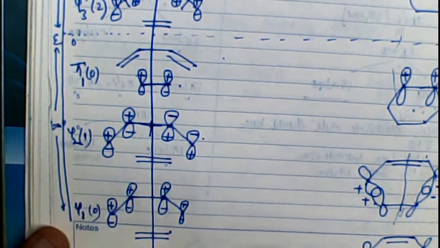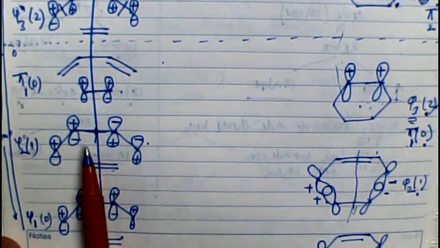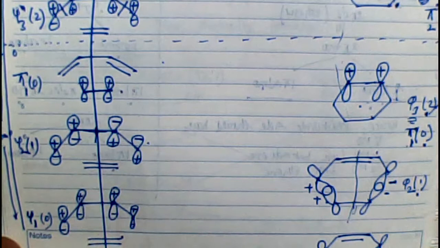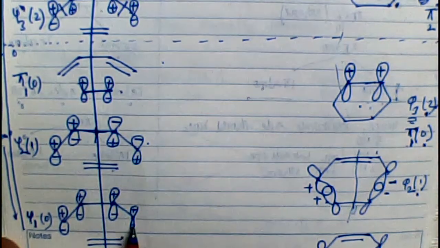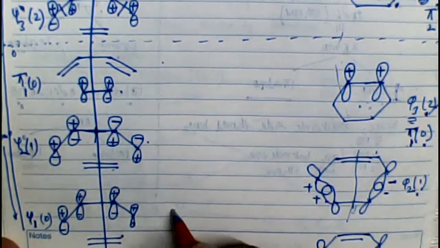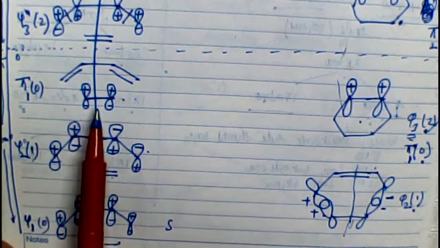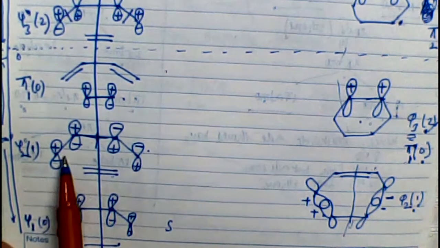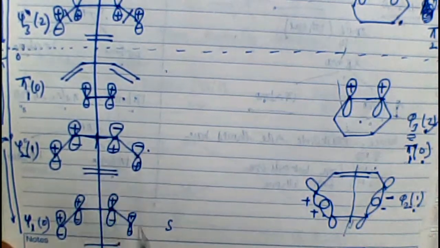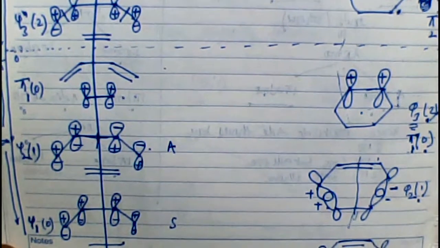In the case of butadiene, you have this mirror plane. If you pass a mirror plane like this, positive is encountering positive, this positive is encountering positive, similarly negative, negative, negative, negative. Therefore, this orbital is symmetric with respect to this symmetry operation. Look at this orbital: positive is encountering negative, negative is encountering positive, negative is encountering positive. Therefore, this is an antisymmetric orbital. This orbital is antisymmetric with respect to this mirror symmetry operation.